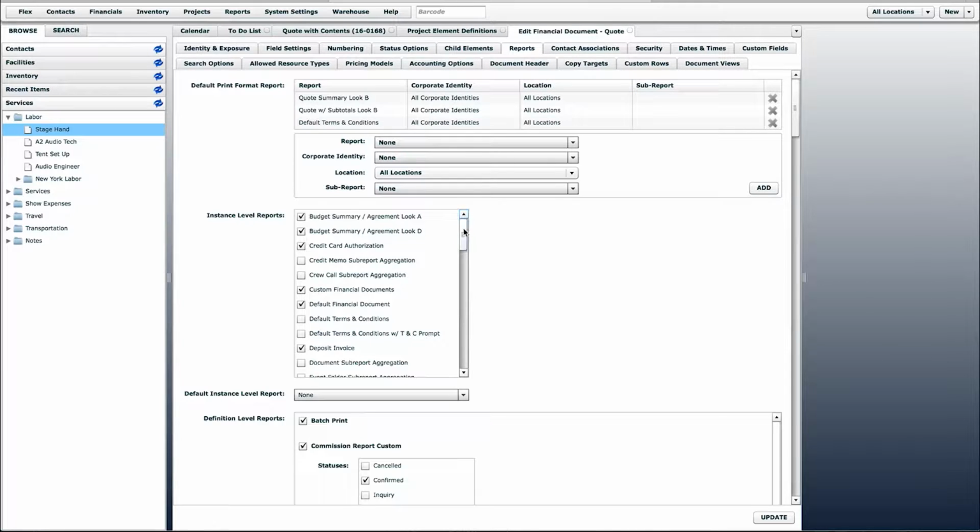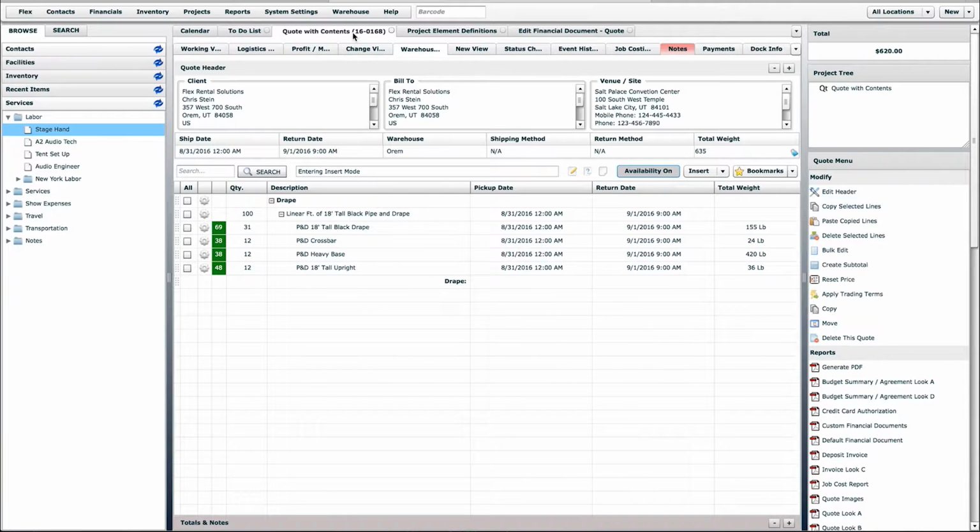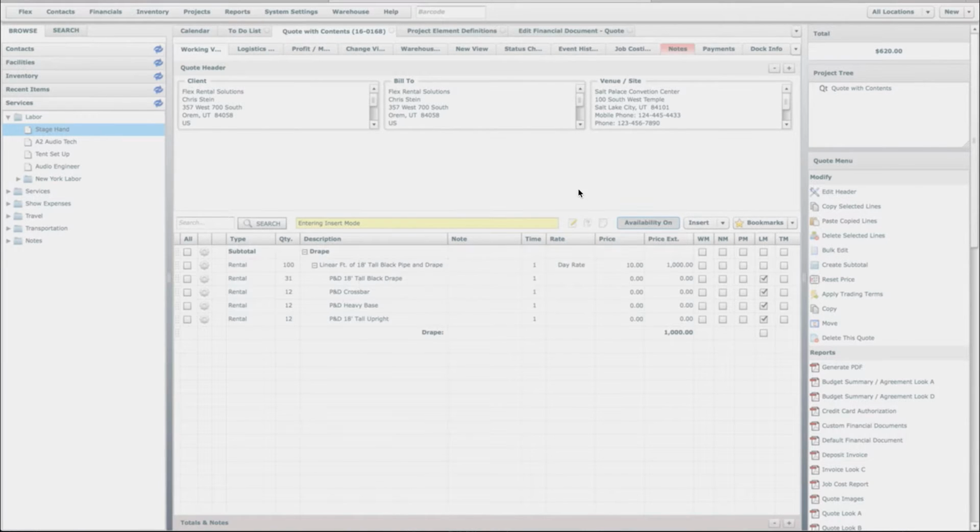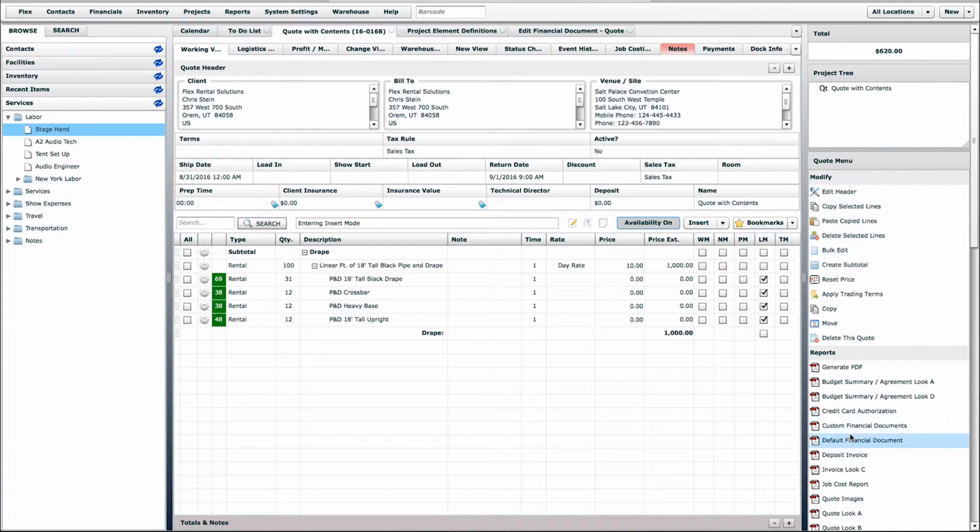So if we need to print out some internal reports, you'd want to make sure that the default financial document is set to yes in the instance level report. So we could just print that report a la carte as needed. And then we would hit update. So depending which tab you have open, if you hit the default financial document, it'll print this view as it's